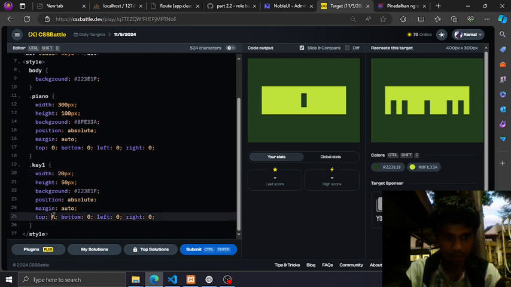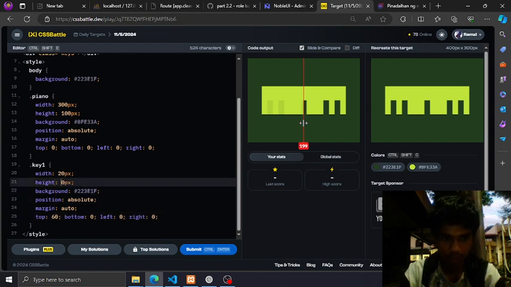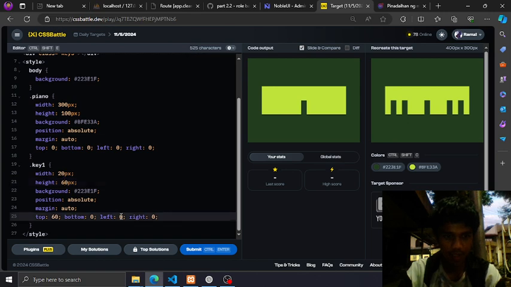To push this to the bottom, just apply a top value here. Okay, add the height, obviously 60, and then this is centered. Push this to the left side, put a negative value here, 100, maybe 250.